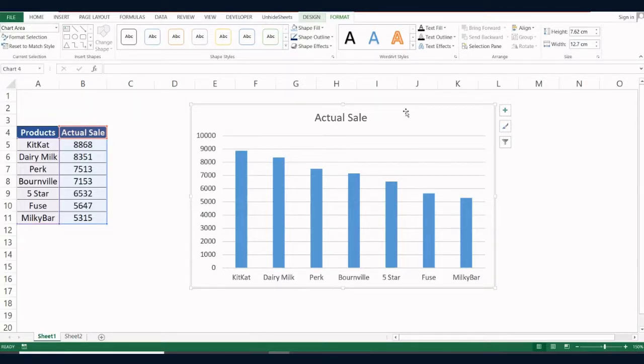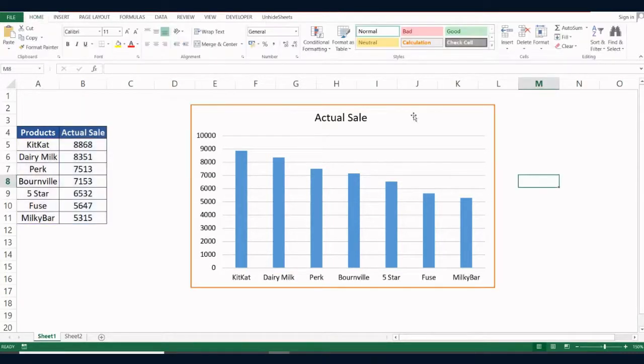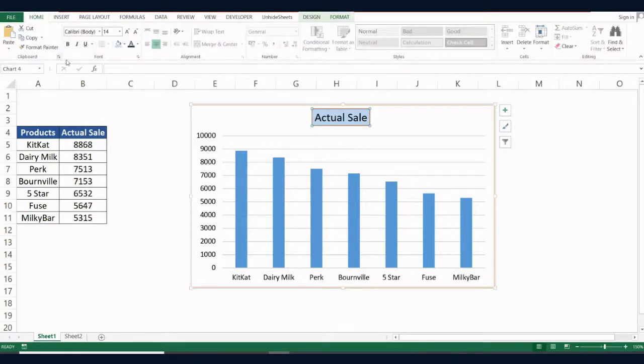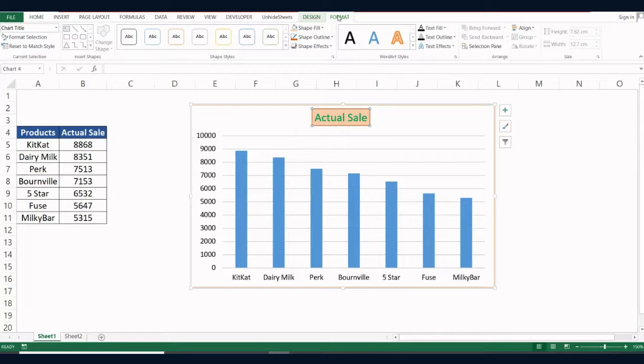For example, I have selected the complete chart area. If I am selecting this, it has bordered my chart area. If I am selecting my chart title, I can fill the area from here, and then I can change the formatting from here. And you can also change all of these things from this tab, Home, and then you can change your settings from here, Fill, and change the text color. So this is how you can do designing and formatting from the top tabs.